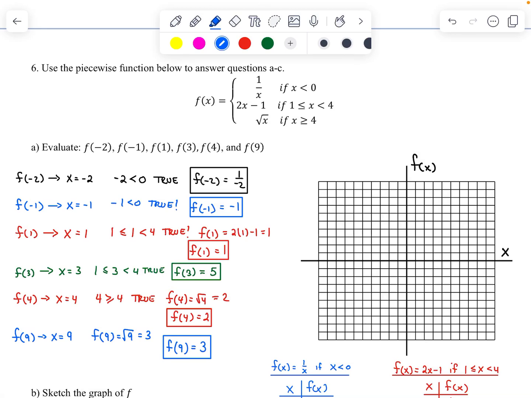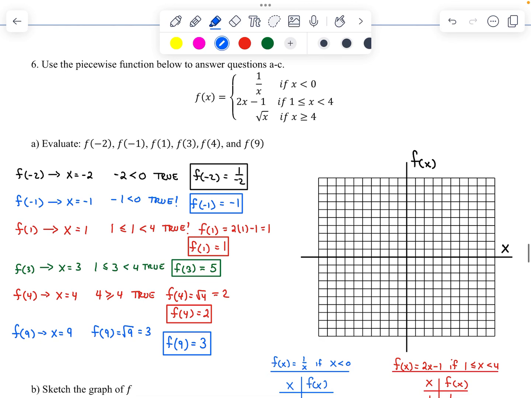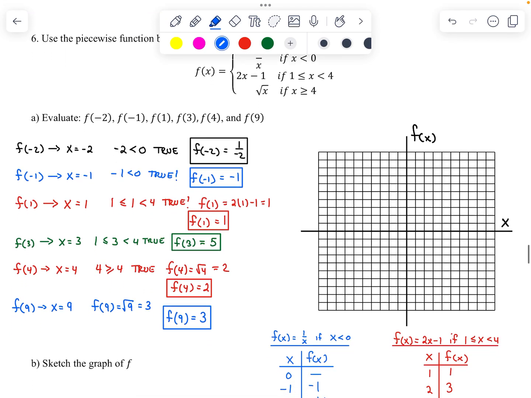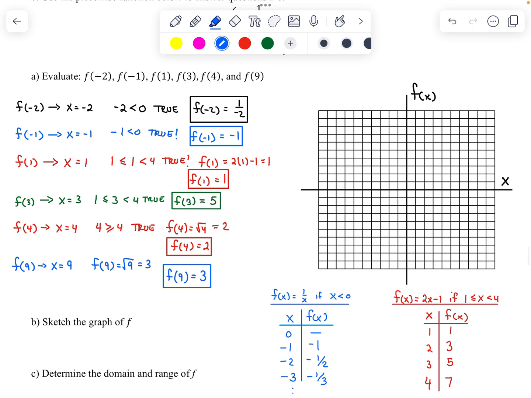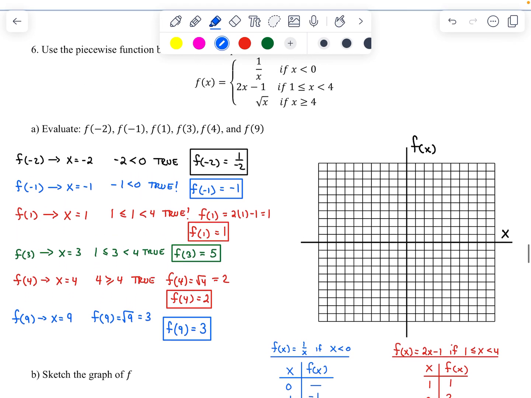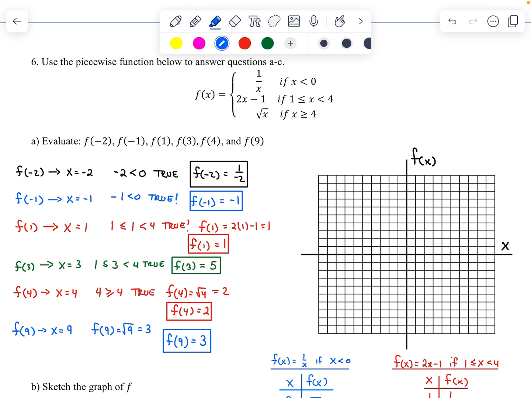Hello class, in this video I'll be showing you how to graph a piecewise function. Let's begin. Alright, in the previous video I went ahead and evaluated the piecewise function for various values of x. And in this video I'm going to graph the piecewise function, and recall that f of x consists of